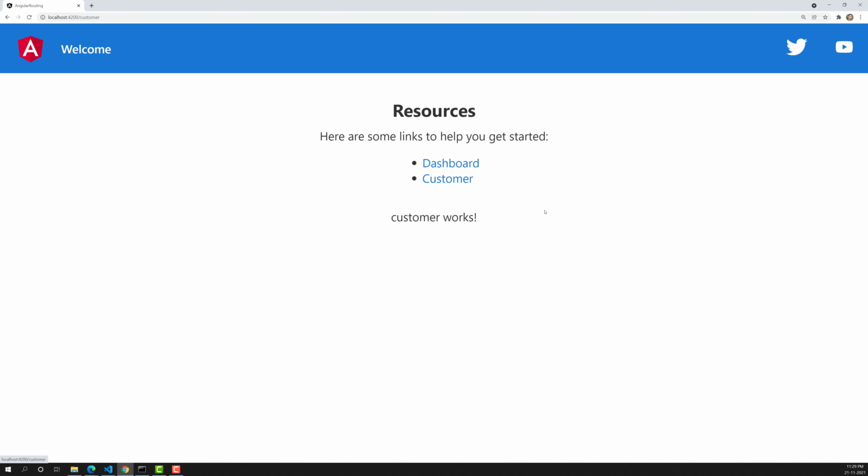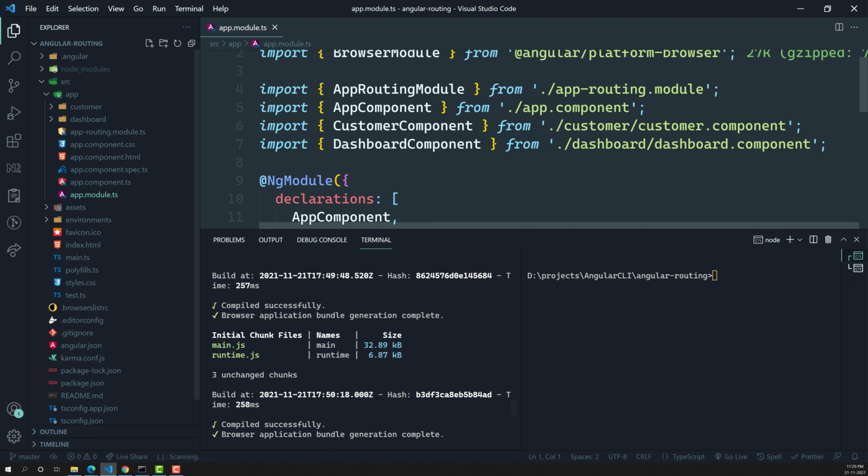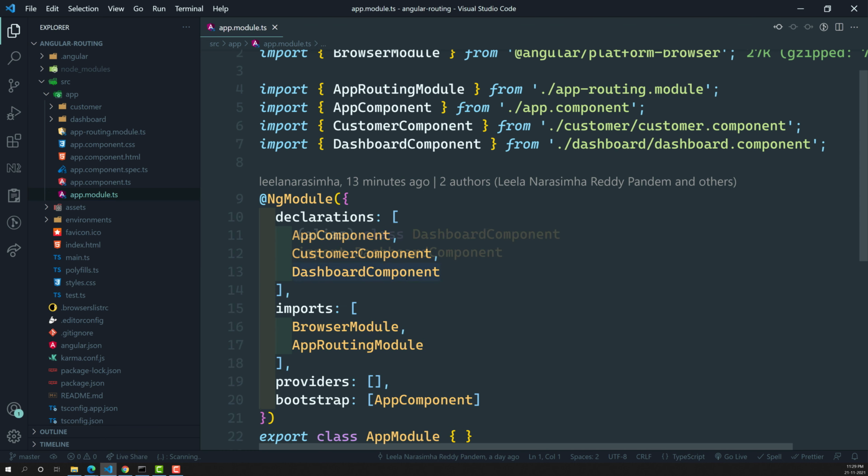Now let's say that we have an admin module. That is a separate module, so we don't want to mess up this app.module.ts file. We don't want to add all these components and things here. I want to add a separate feature for that, so that in that admin we will have components, something like users, reports, like this.